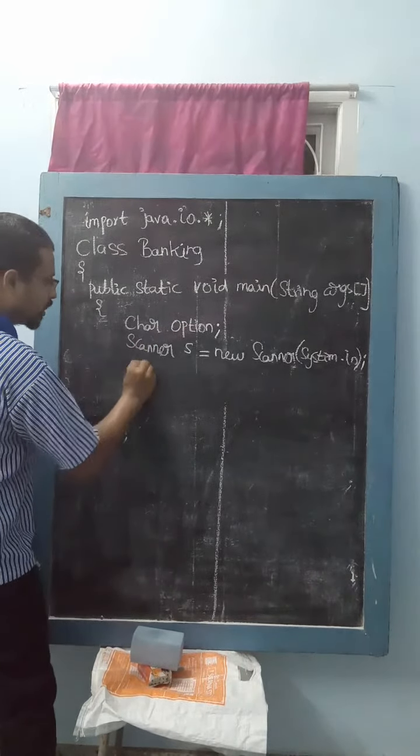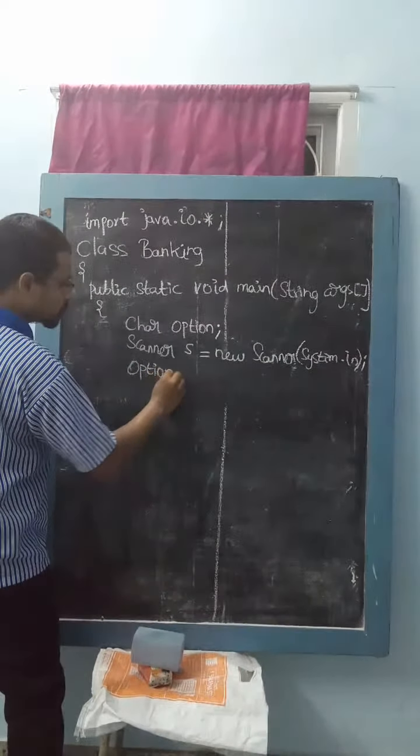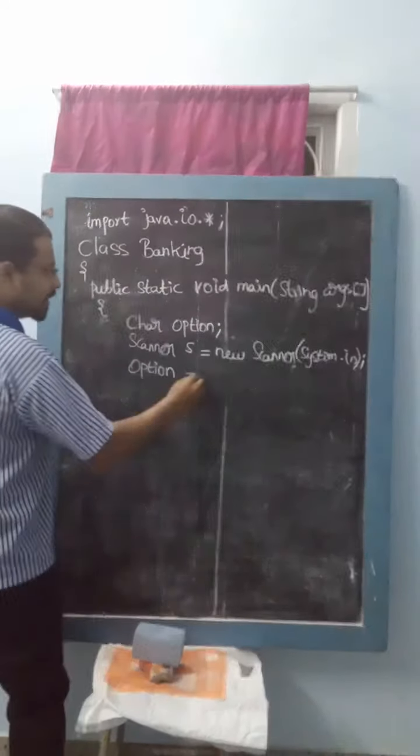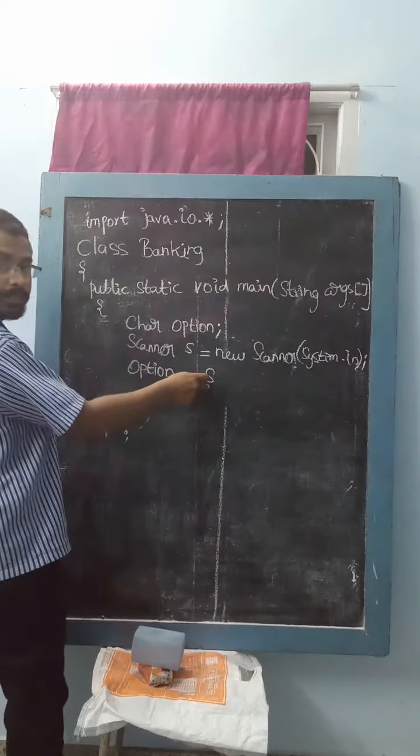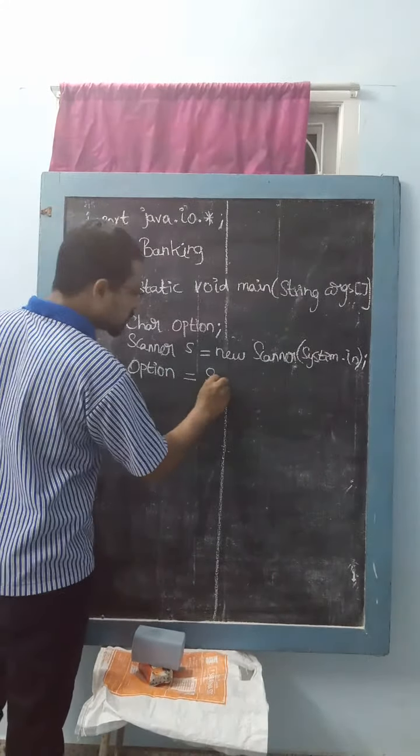So with the help of this, we are going to see the next one, that is called option. We are going to get the value of option. How are we going to write it? With the help of this object, we are going to get s.next